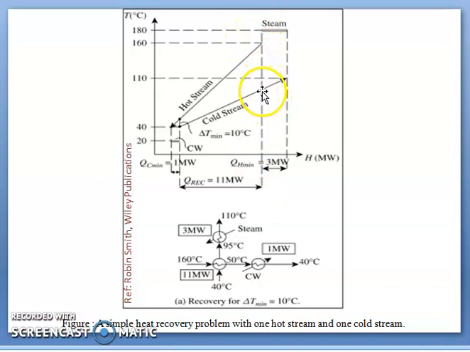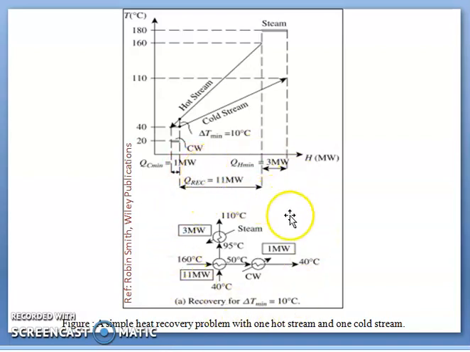after this overlapping dictates the need of further hot utility, that is, heat needs to be supplied by an external utility like steam. So the amount of heat that is required from hot utility is nothing but the QH min, and that is 3 megawatt. And the portion of hot stream beyond this cold stream dictates the requirement of cooling utility, that is cooling water requirement, and that is denoted by QC min, and that is 1 megawatt.